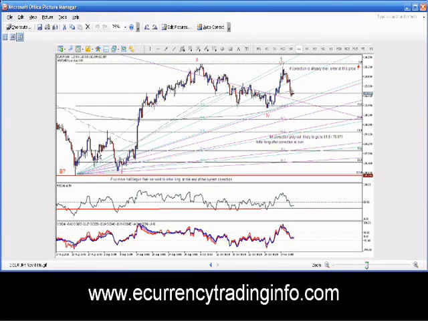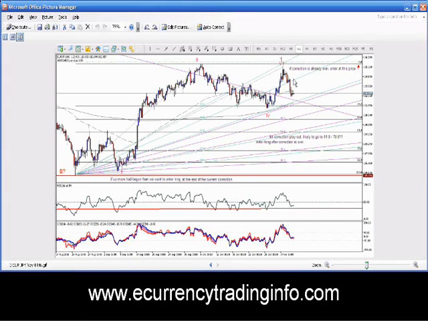Okay, so here it is. This is where it started. This is the lowest low, and this is a 1, 2, 3, 4, and 5. For those of you that are familiar with Elliott wave, impulsive waves are made of 5 waves, and corrective waves